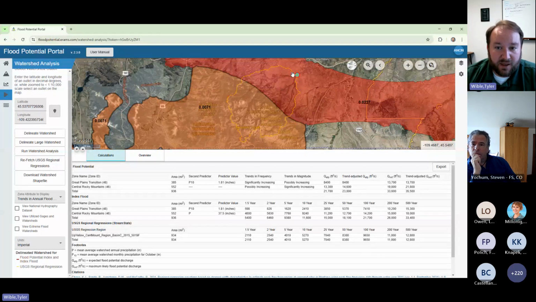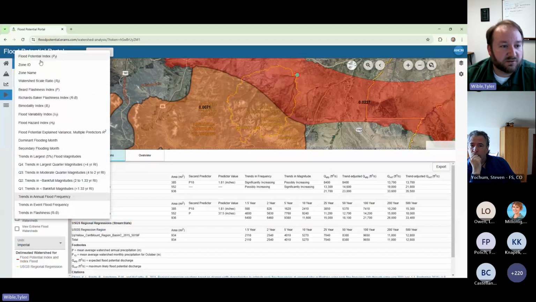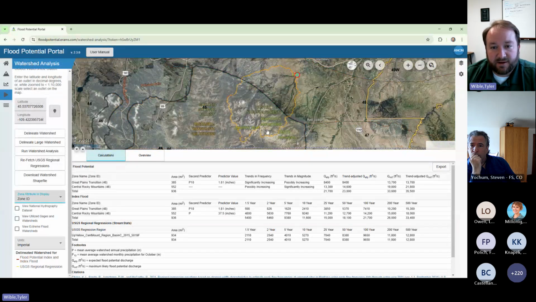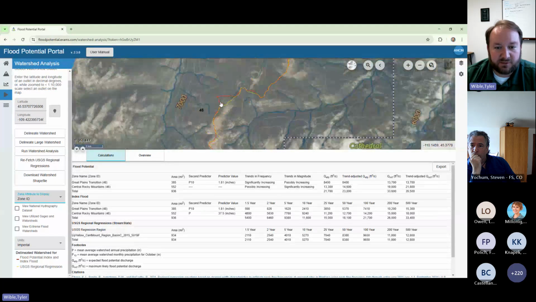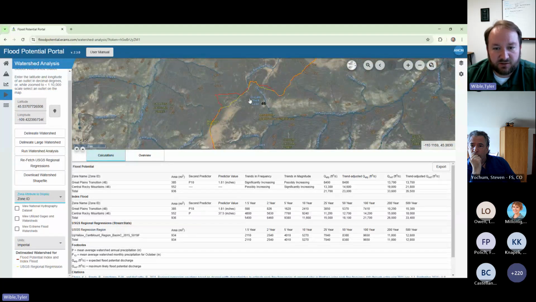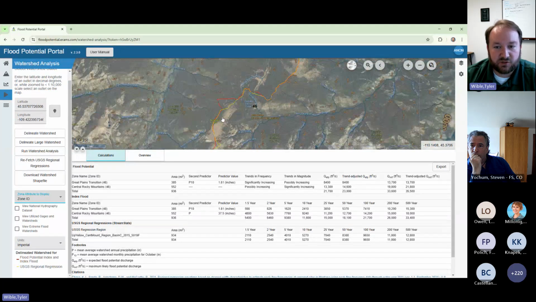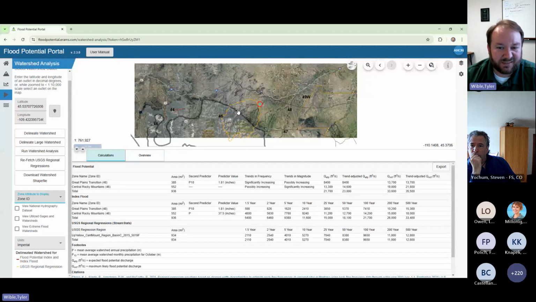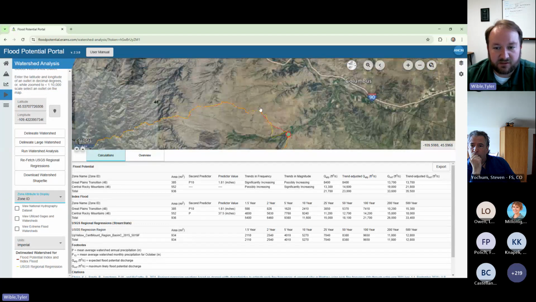You'll also note that the map is updated with this yellow watershed boundary. And if I switch this back to just the zone ID, it's a little easier to see. You can see that there are some discrepancies between our delineation and their delineation that hop around based on issues with the DEM. These are big data sets more than anything, and they vary just a little bit